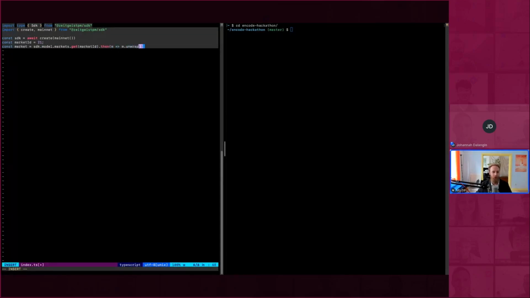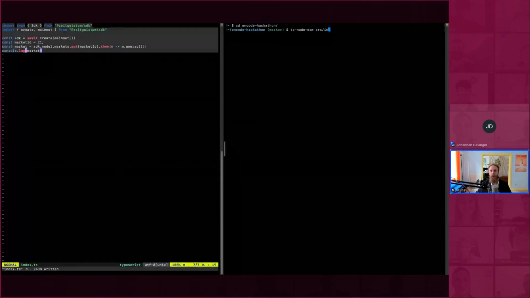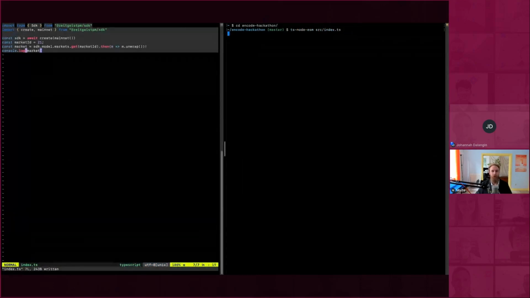So we basically assume that this is going to produce a market, and I think we may have to assume that this is not null afterwards. So this way, you can just pull a market from the chain, and we'll just log it to the console and see what happens. So that's the index, and let's see if I did everything correctly.